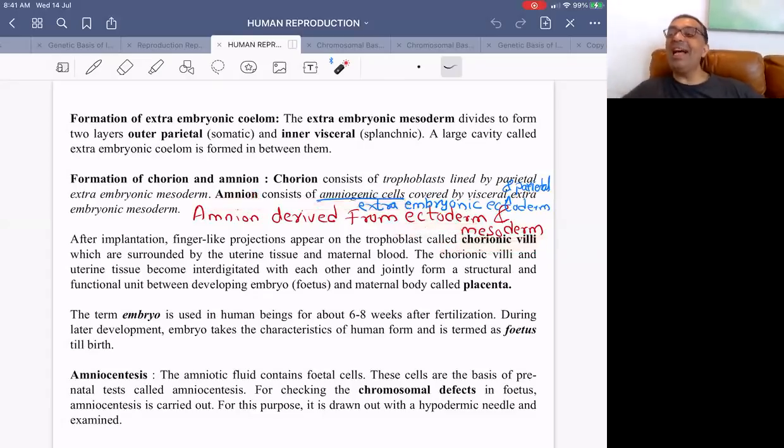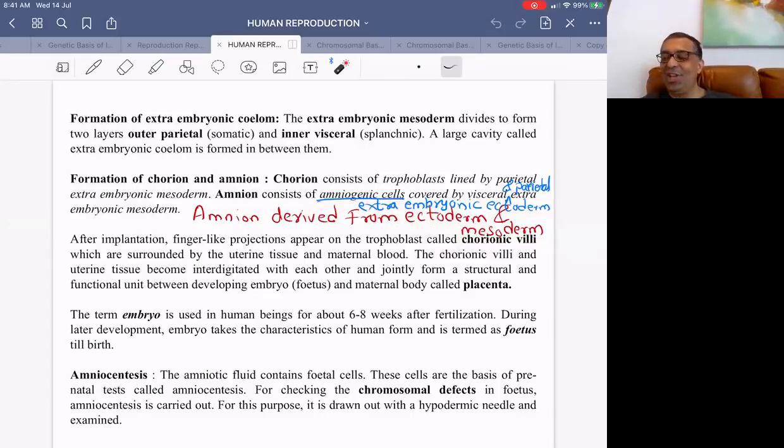Beautiful process called as gastrulation. चलो चेक है बेटा,